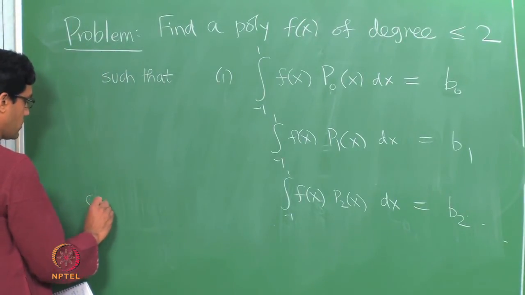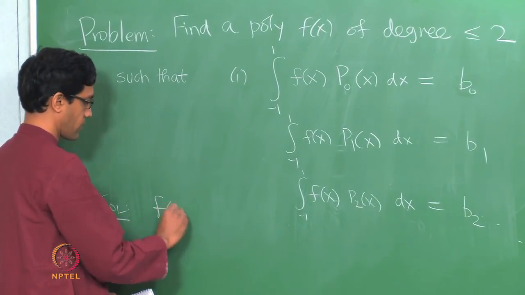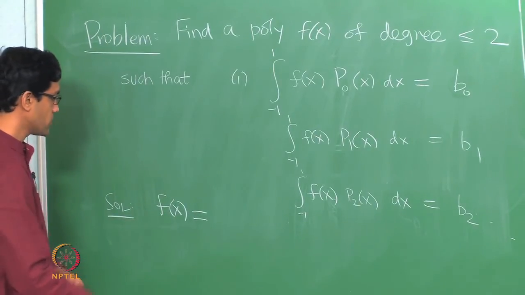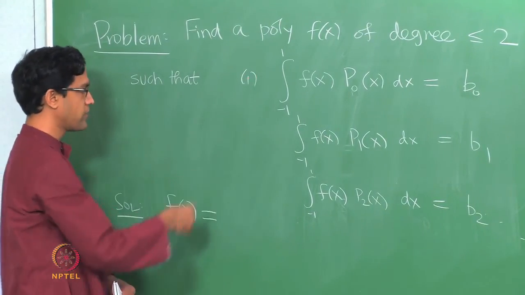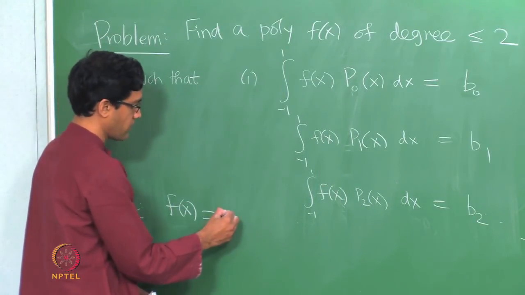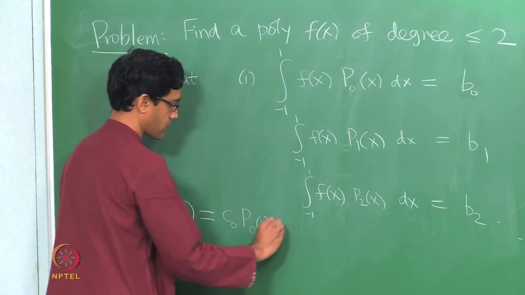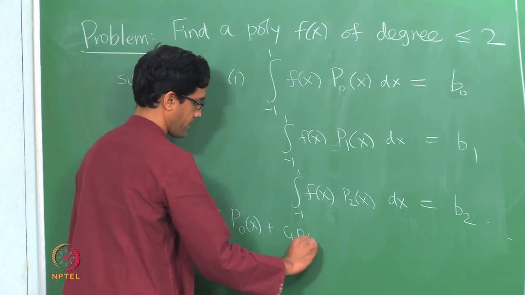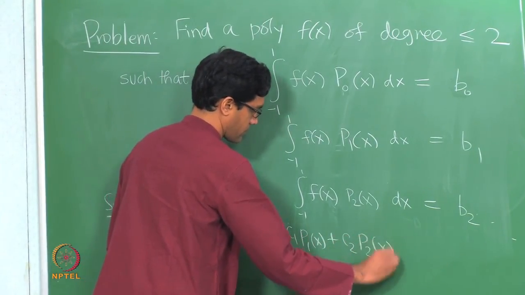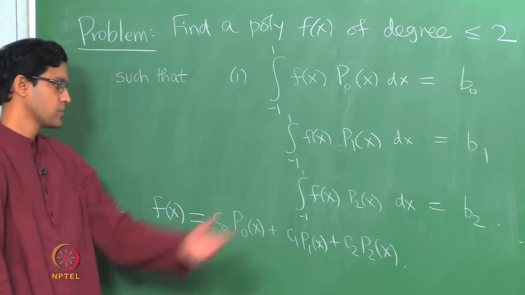So here is just the initial steps, and why is that orthogonality important? So here is the thing, if you write f of x, a polynomial of degree at most 2 can, according to the principle that we just talked about, observe you can always write it as some combination of p0, p1 and p2, that is, f of x equals c0 p0 plus c1 p1 plus c2 p2. Okay, this just by the principle we just mentioned. So f of x can be written in this way.